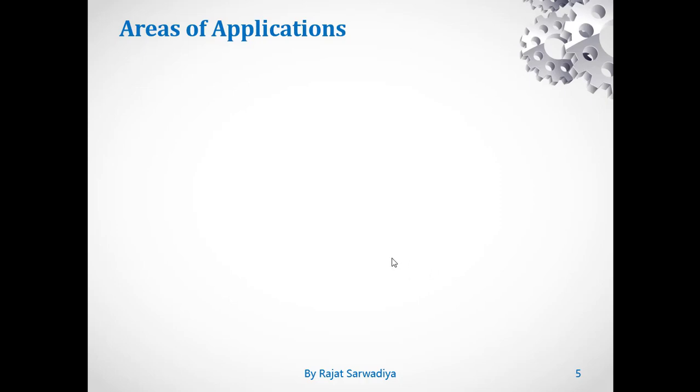Do you have any idea about areas of applications for CATIA? Do you have any idea which industries are actually using CATIA? It is most important for you because once you complete the training, for sure you will be applying in the industries for the post of design engineer or CAD engineer. But if you do not have any idea in which industry CATIA is used, then how will you be able to apply? How will you be able to list down the industries or companies where you have to apply or where CATIA is used?